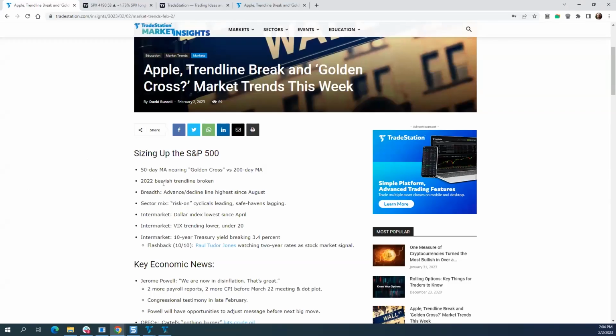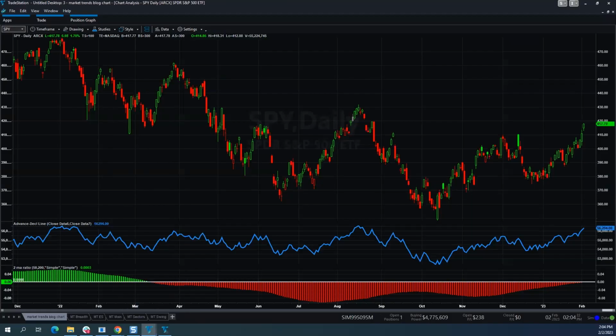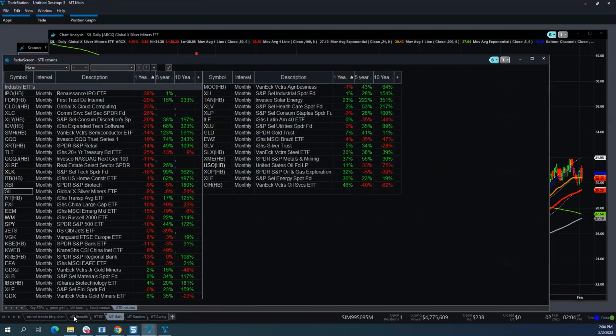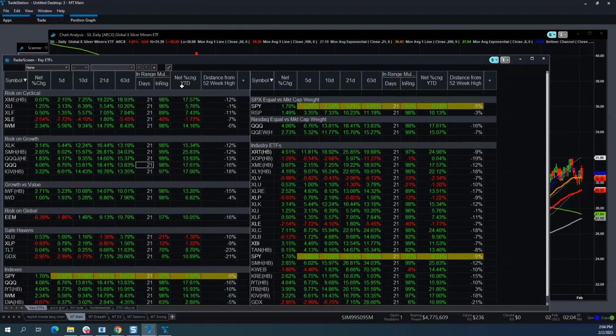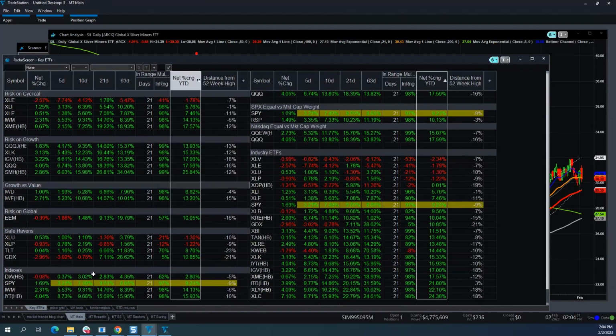We broke the downward trend line. The breadth is very strong. And what's also interesting is, it's been fascinating to look on a year-to-date basis. Let's go over here to the MT main workspace, and if we go to our key ETFs and look on a year-to-date basis, we open this up a little, what we can actually see is that the only items that are